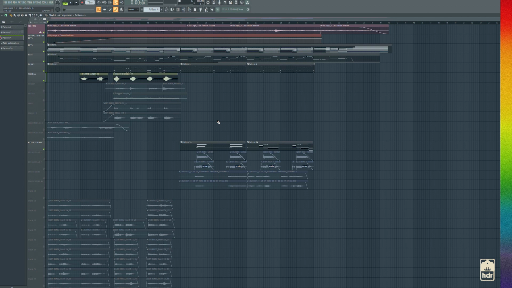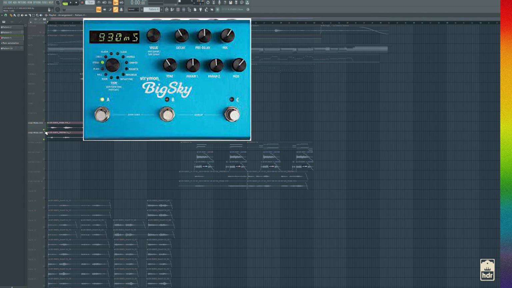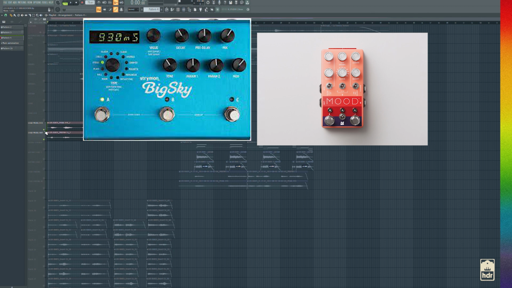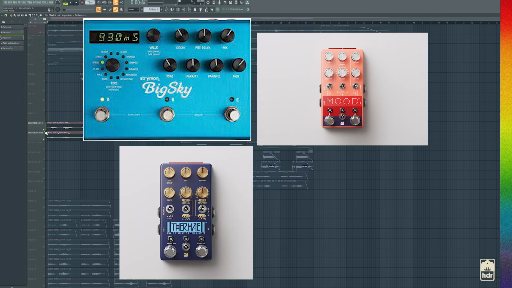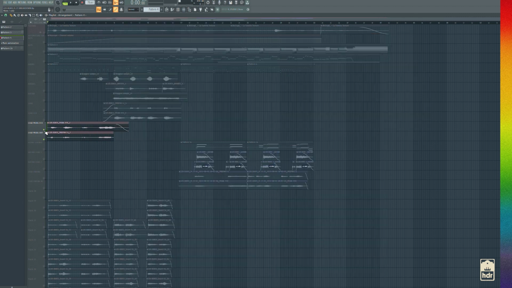So yeah, just to add that tension and that dramatic sound, strings were great. Also, as of late, I've been using a lot of pedals. My current pedal setup is the Big Sky, Chase Bliss Mood, and Chase Bliss Therme, and then the Shallow Water to run and process stuff coming out of FL Studio and running it back in. And those four pedals have been great for just processing synthesizer sounds or anything that I want to add some more movement to. And this is a good example of that.